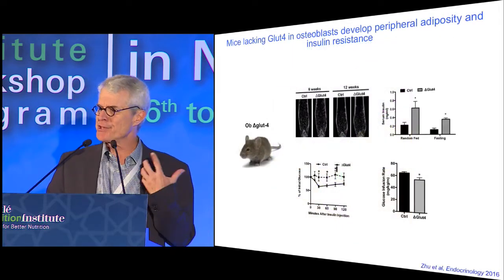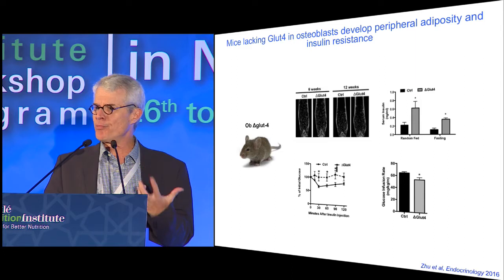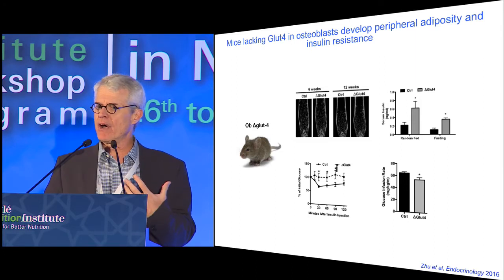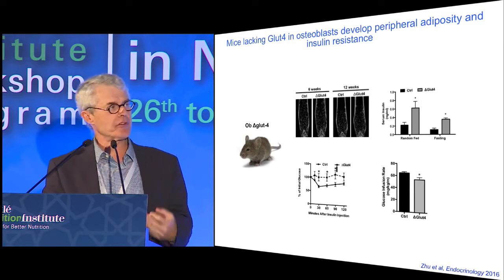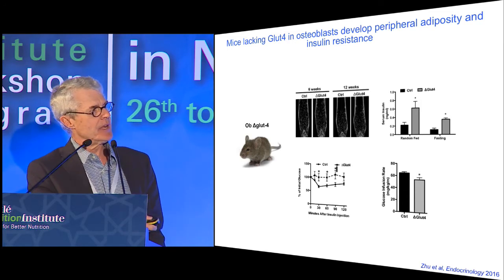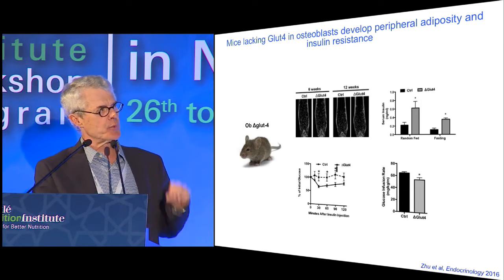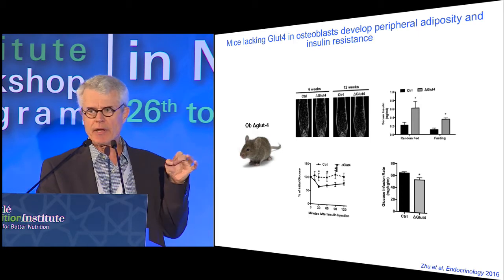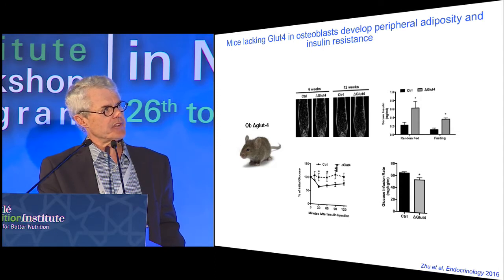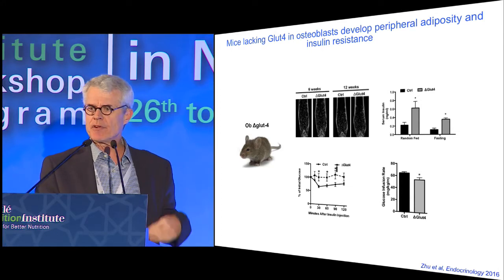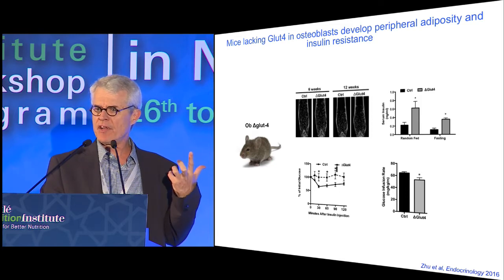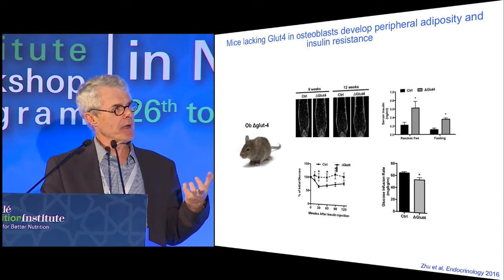So what we did, again, we took a genetic approach, and we said if it's important, if you knock it out, what happens to bone and what happens to fat and muscle and so forth. And so again, we made a mouse that lacks this glucose transporter, and again, I emphasize, only in the osteoblast and no other site. And we were a little surprised that the early data so far indicate that this does not have a disastrous effect on bone. So it's not seemingly affecting bone density by micro-CT,